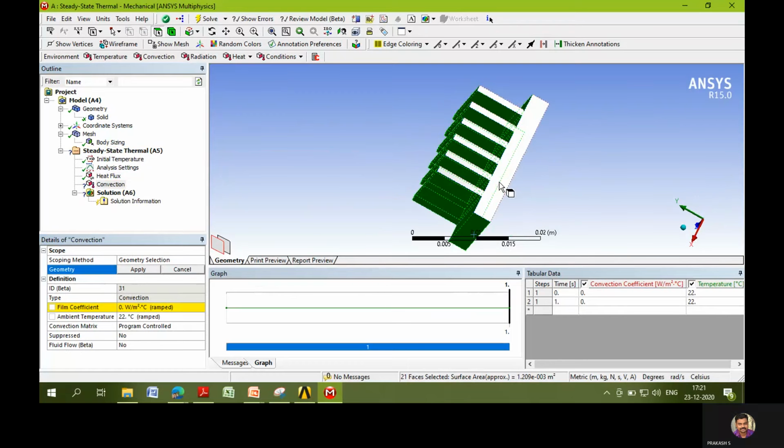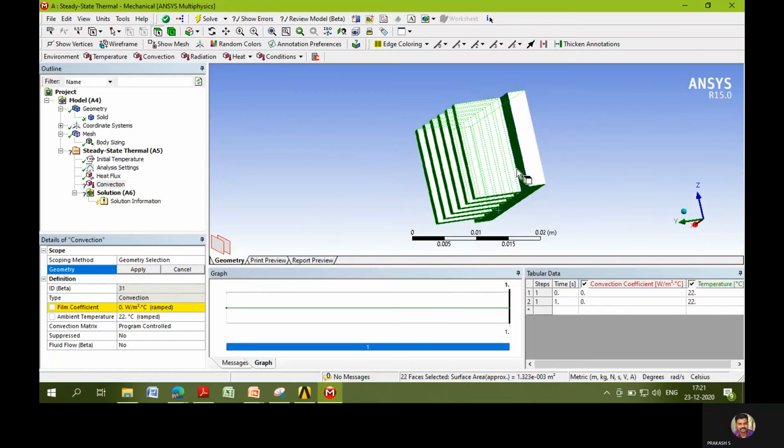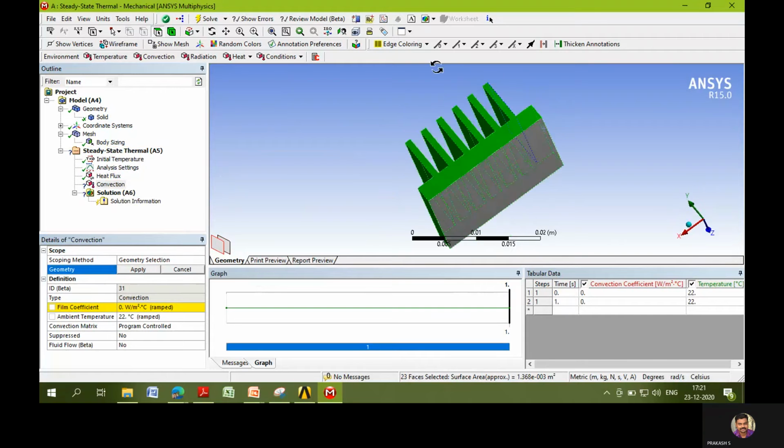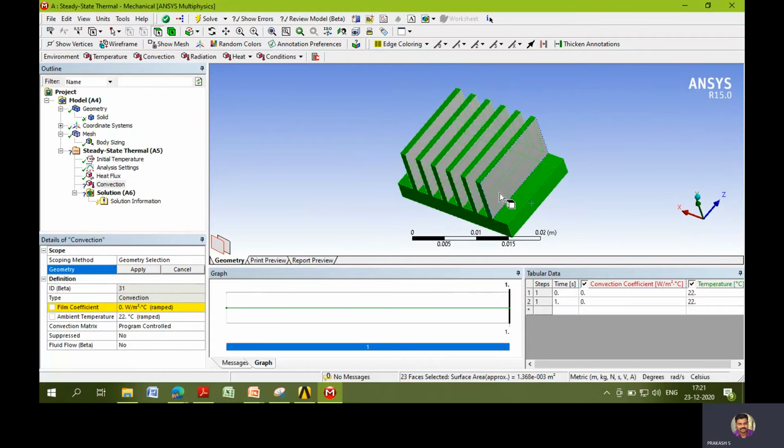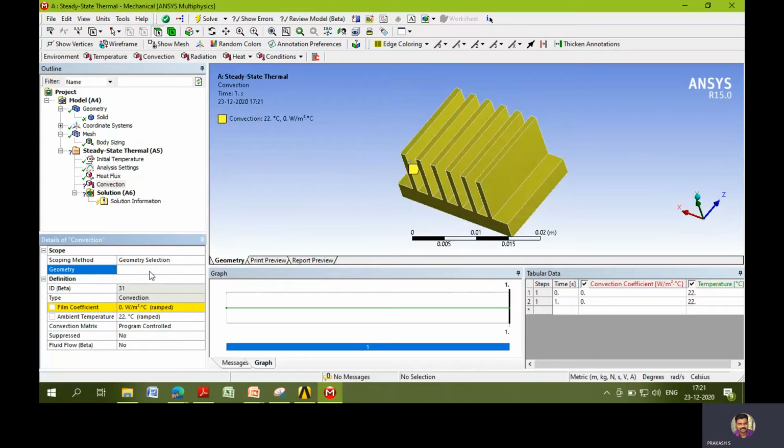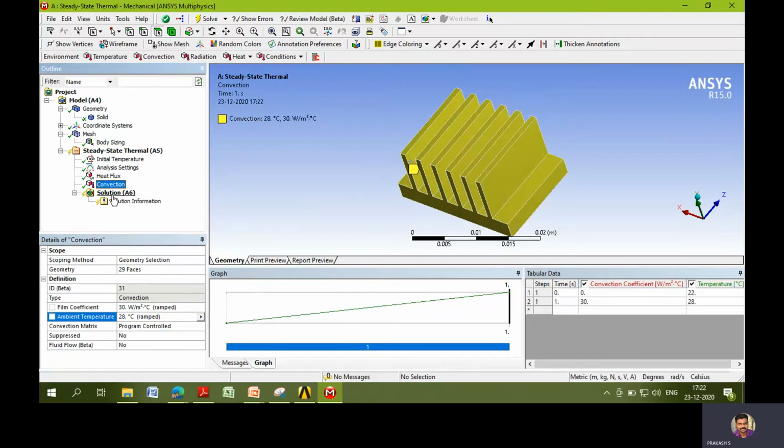Okay, don't forget. 22, 23, 24, 25, 26, 27, 28, and 29. Next, click apply. See the 29 faces which you selected. Next, they're asking for the film coefficient. How much is the film coefficient? That is 30, and the ambient room temperature is 28. So our convection is created.